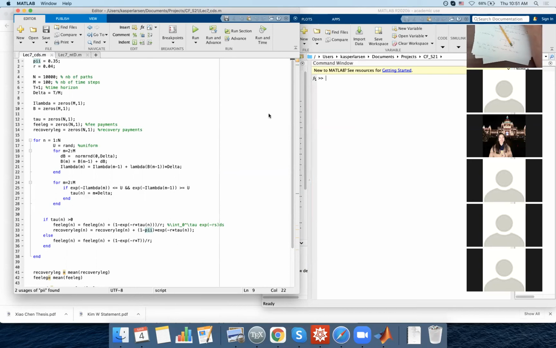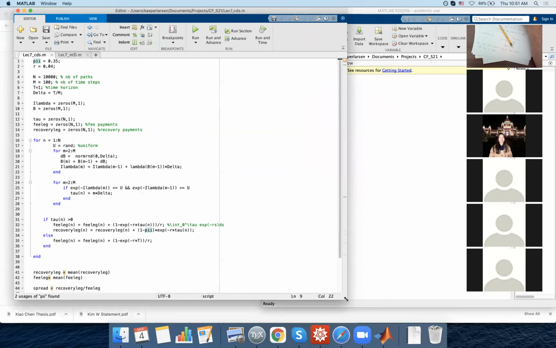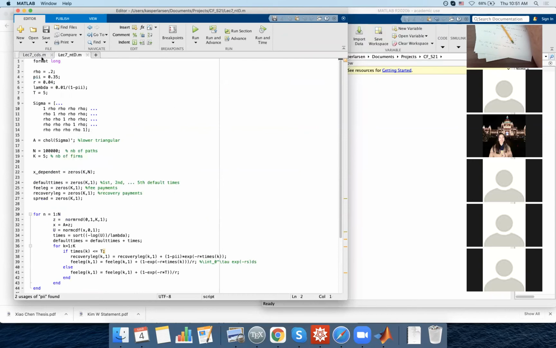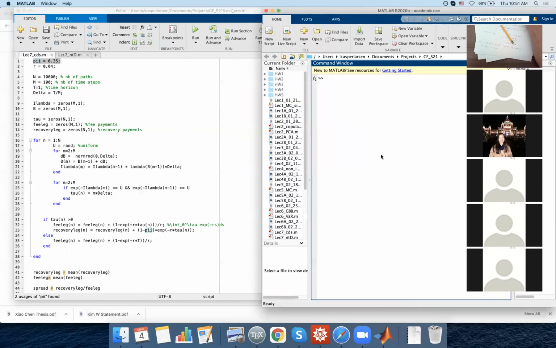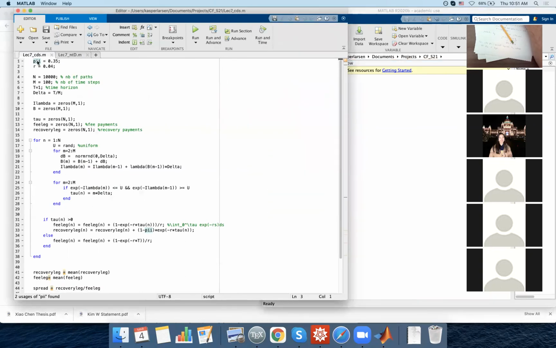Can we all see my screen here? This is my little CDS pricer. What are we looking at? So we have pi up here in the corner. There we go. Pi is up in the corner, so it's not 0.4, it's 0.35,